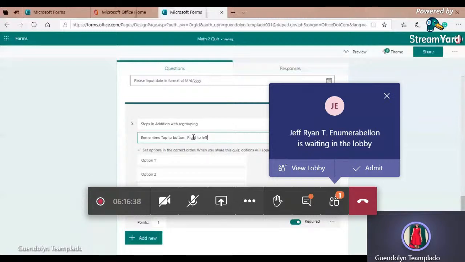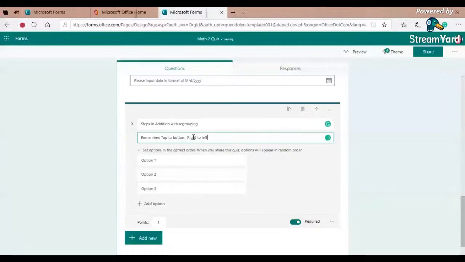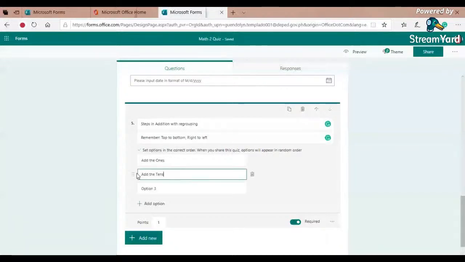Now here, step one, I will add the ones. Add the tens. As you can see here, add the hundreds.